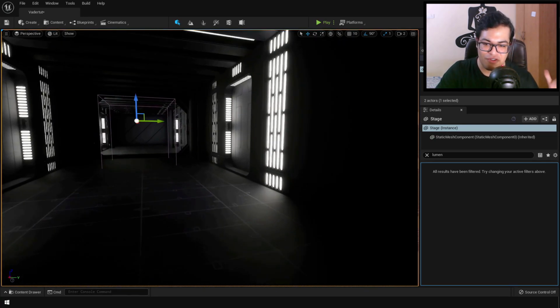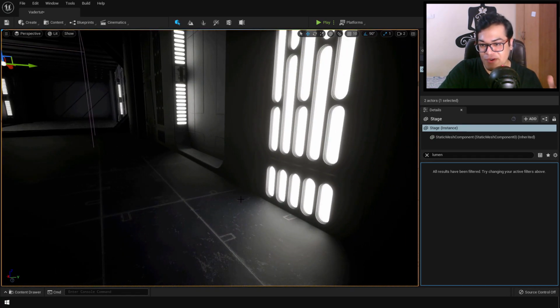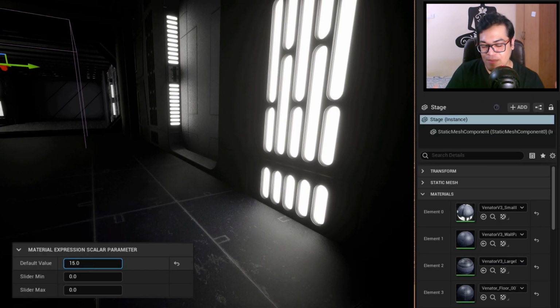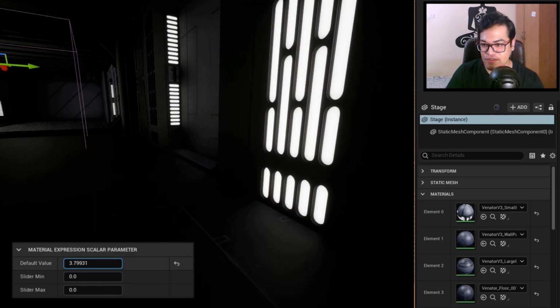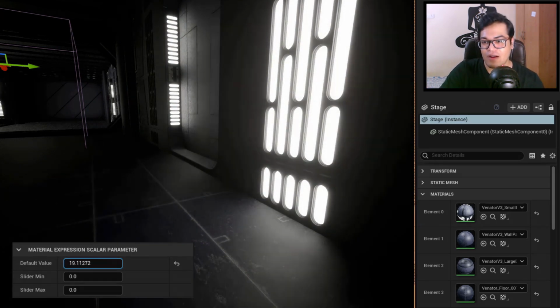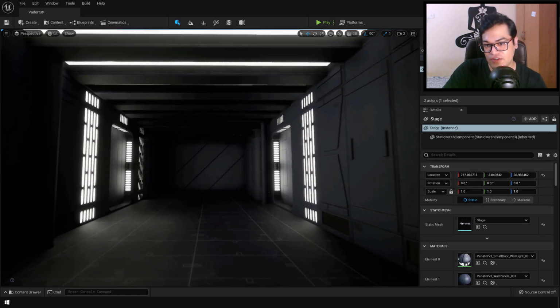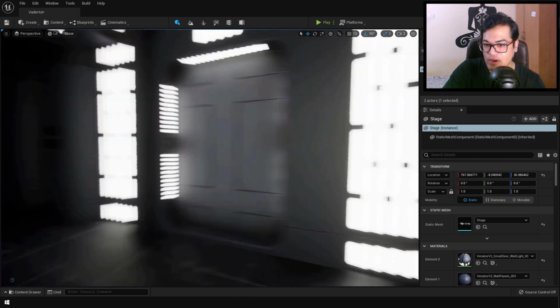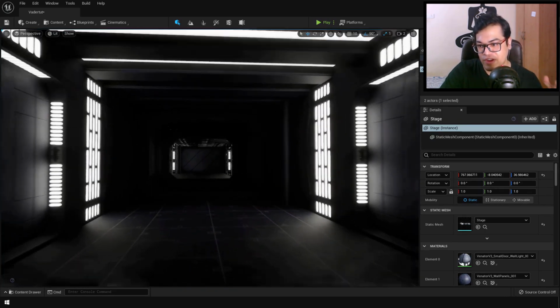And as you can see, just out of the box without adding any lights, we are getting dynamic emissive lighting. So as you can see, Lumen supports emissive lighting. So all your materials that are emissive will contribute to the lighting of your scene. But I think that this emissive lighting feature is currently screen space. So it's not like global, it's just screen space. So that's why we are going to add some additional lights in our scene later.